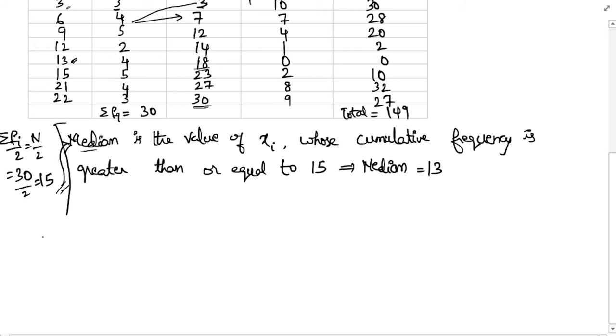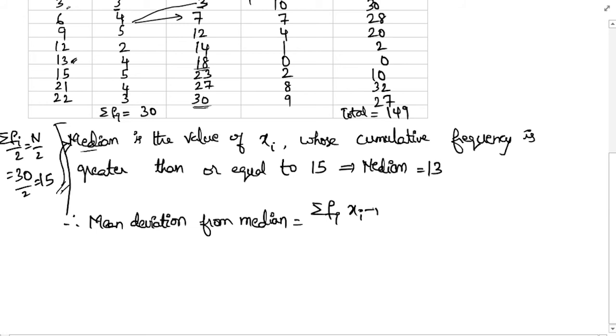Therefore, mean deviation from median is equal to, we have a formula, summation of fi into mod of xi minus median, divided by sigma fi. Here we got 149 divided by 30, right? So that is equal to